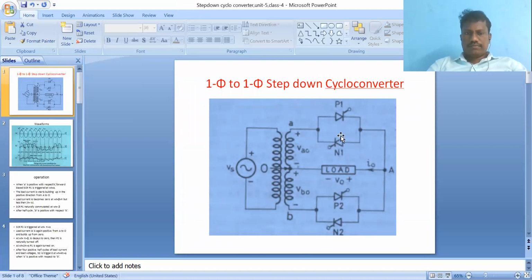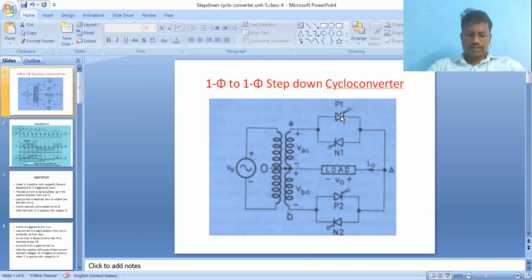So in this diagram, two thyristors anti-parallel, again two thyristors anti-parallel. First, during the first half cycle, the AC supply is given to the primary winding of the transformer. Then the secondary winding of the transformer is center tapped, where Vs is given, it is also Vs. So A is positive with respect to B, means P1 is triggered. So P1 comes in forward bias. So once the firing pulse is given to P1, it starts conducting.